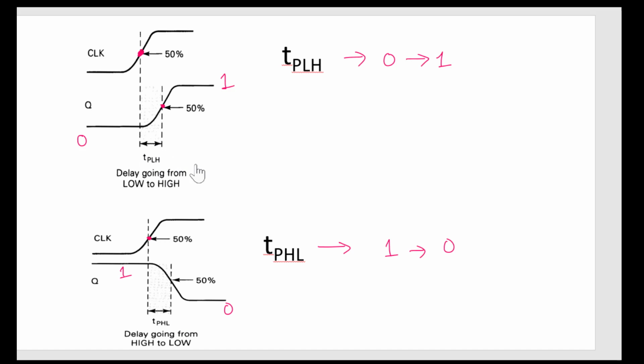So we have to consider these delays when you design the digital circuit, because if you add more flip-flops, this delay will be added together. At a certain point of time, you may not produce a reliable output. So these are the two propagation delays for the